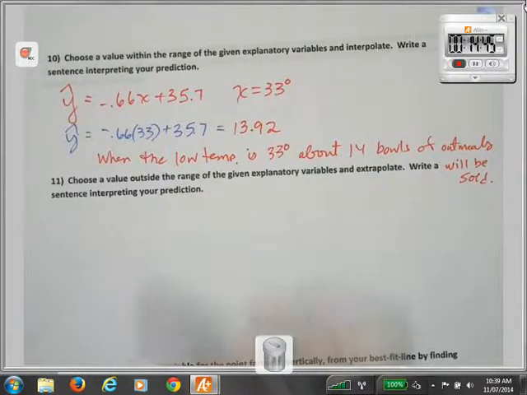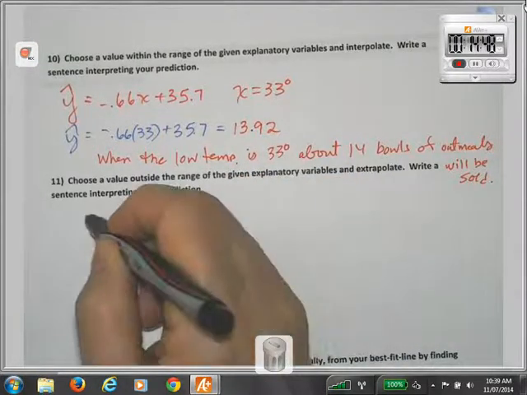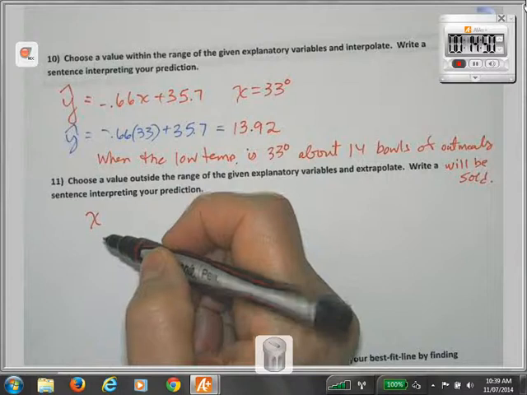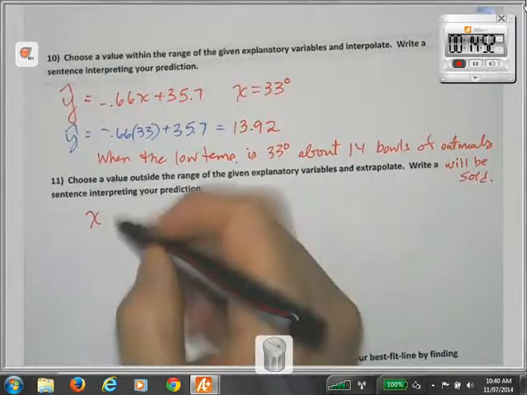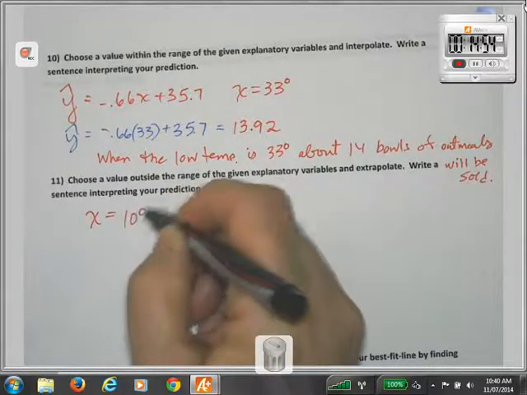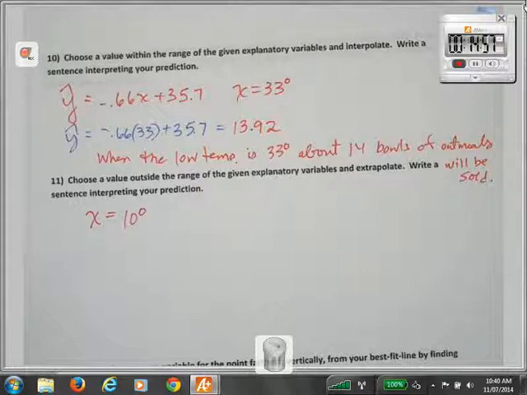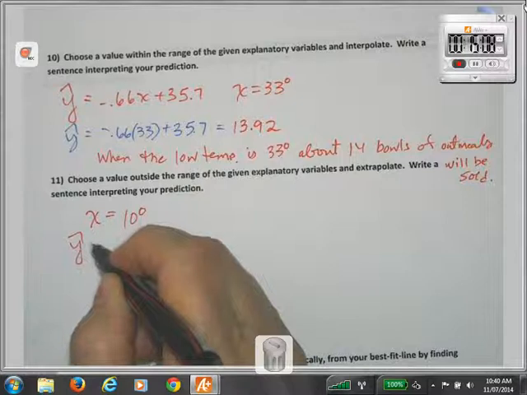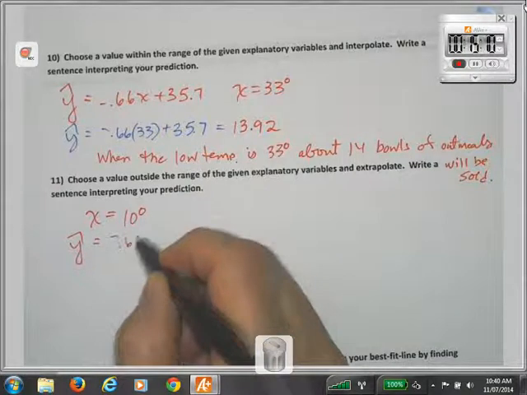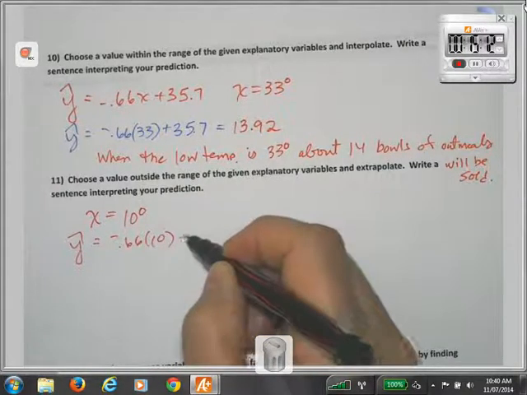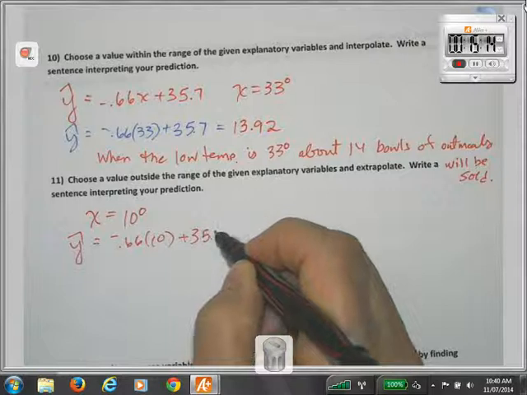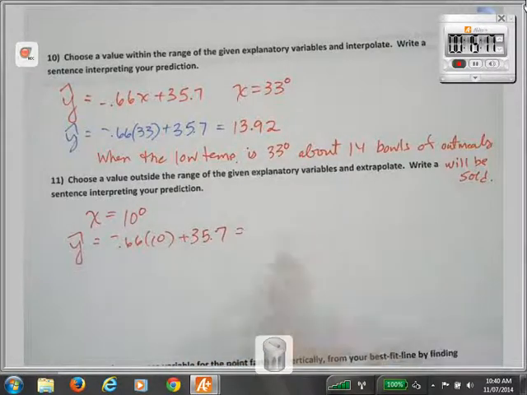So using that same equation up there, this time I'm picking, and this is what you'll have to do with your problems, you'll have to choose a value. I'm picking that we have what's happening on a day that's 10 degrees. Okay, so this owner of the diner knows next week there's going to be a lot of low temperatures around 10 degrees, so he wants to know how much oatmeal he needs. So, again, we just plug it right in. Negative 0.66 times 10 plus 35.7, and our prediction will be